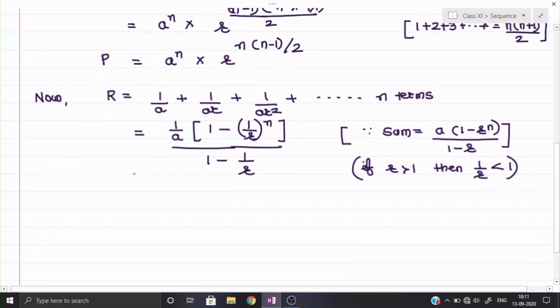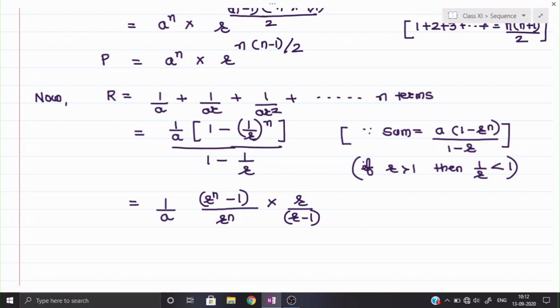Now we shall simplify this a little bit. 1 upon A we are keeping inside. Okay, and I am taking the LCM. So R to the power n will be the LCM. This will become R to the power n minus 1. And in the same way, see the LCM is coming here also. So that will be R minus 1 upon R. And that I am taking at the place of numerator. So it will become R upon R minus 1. Okay, so this calculation you need to do a little bit orally, and write down the final step. That will be more of a time saver for us.